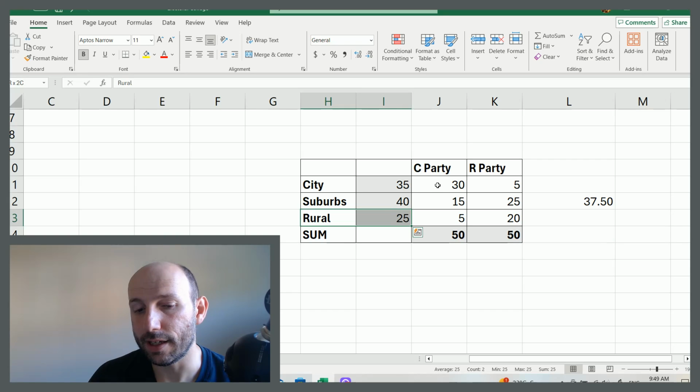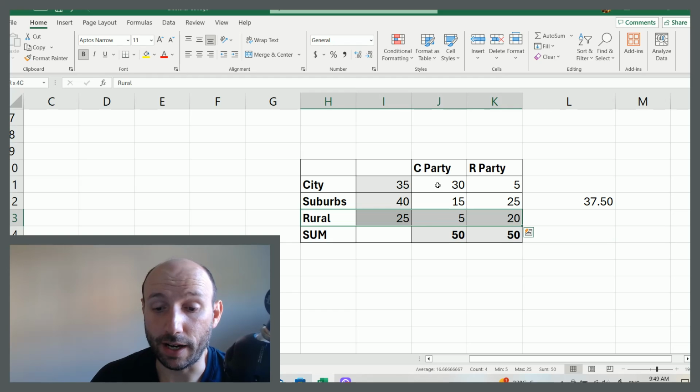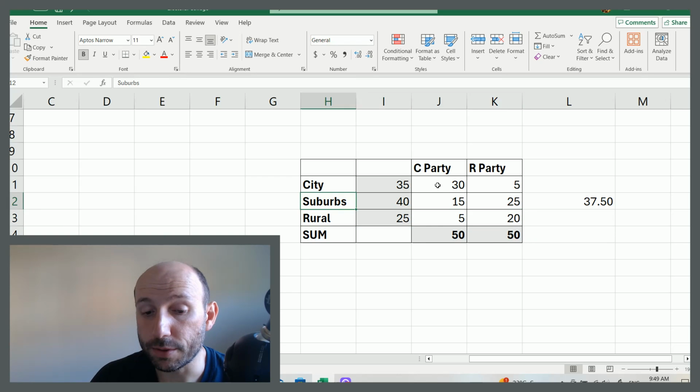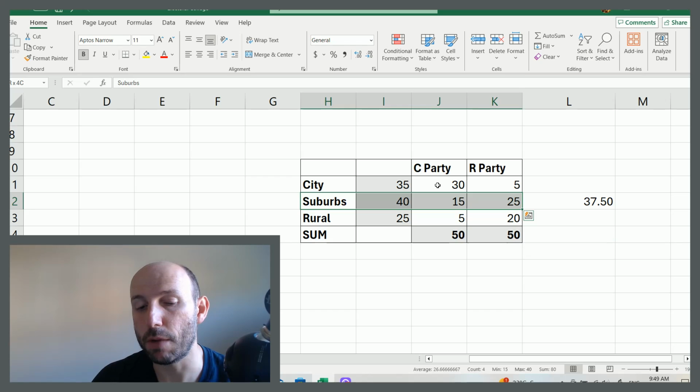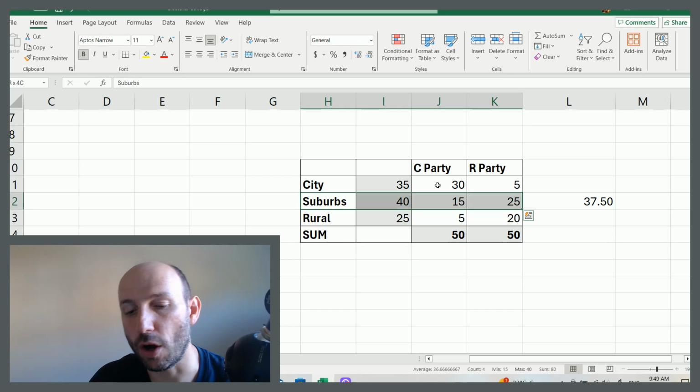So it's very easy to think of a set of policies that city people will support. Just for every political issue, take the side that's liked by the cities. Similarly, it's easy to find a set of issues that the rural people will support. For any political issue, just take the side that's supported by the rural people. For suburbs, you've got to find the right compromise, and that's much more difficult because for any issue that has two sides, there's an infinite number of compromises.